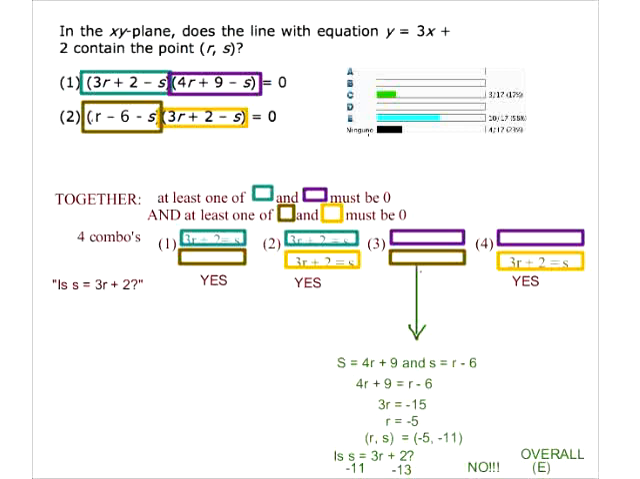Okay, as far as takeaways from this, we have strayed a little bit from the topic of coordinate geometry, but